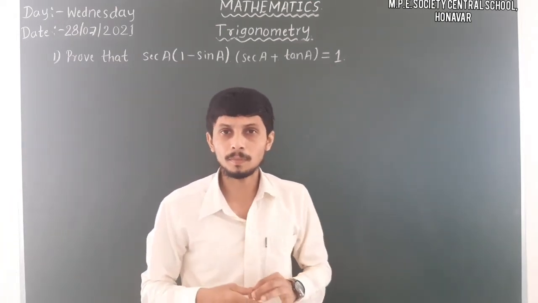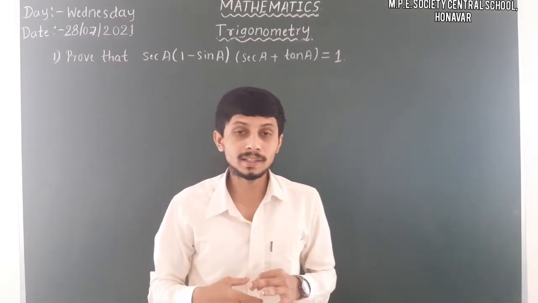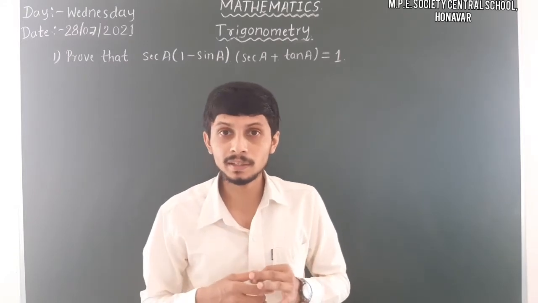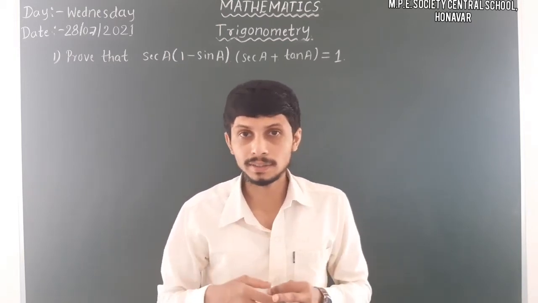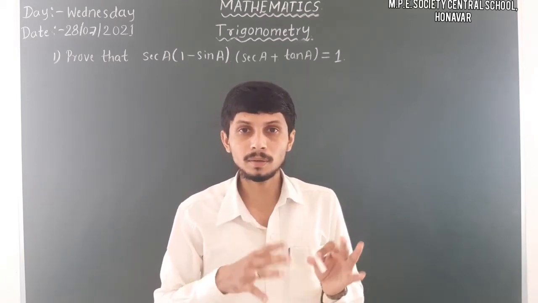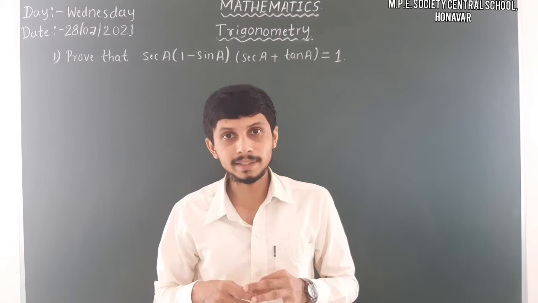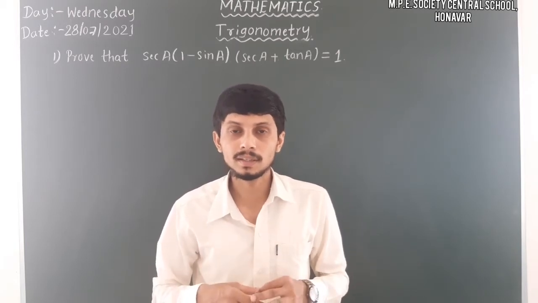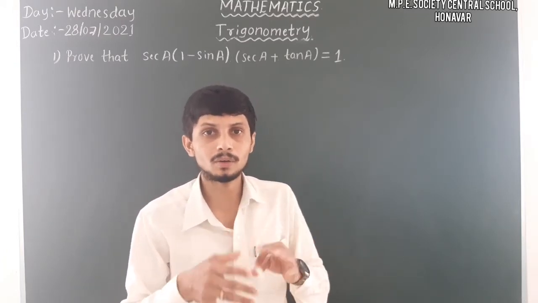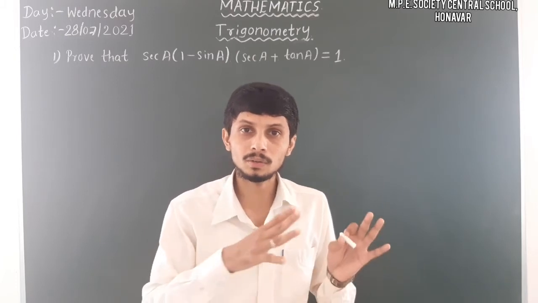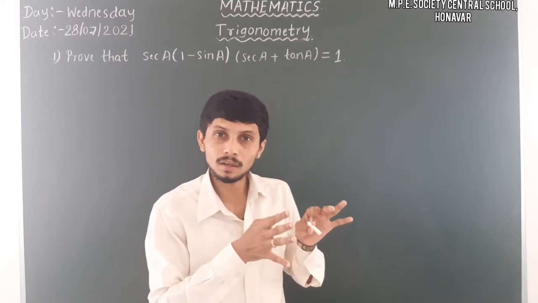In this type of problem we have to express all the trigonometric ratios in only one format. One format is nothing but one type of trigonometric identity. That means the first trigonometric identity relates sin a and cos a, the second type is related to secant a and tan a, and the third type is related to cot and cosec. When you have an equation to prove, with LHS and RHS, you have to convert one side into another form. At that time we have to express it in one form.